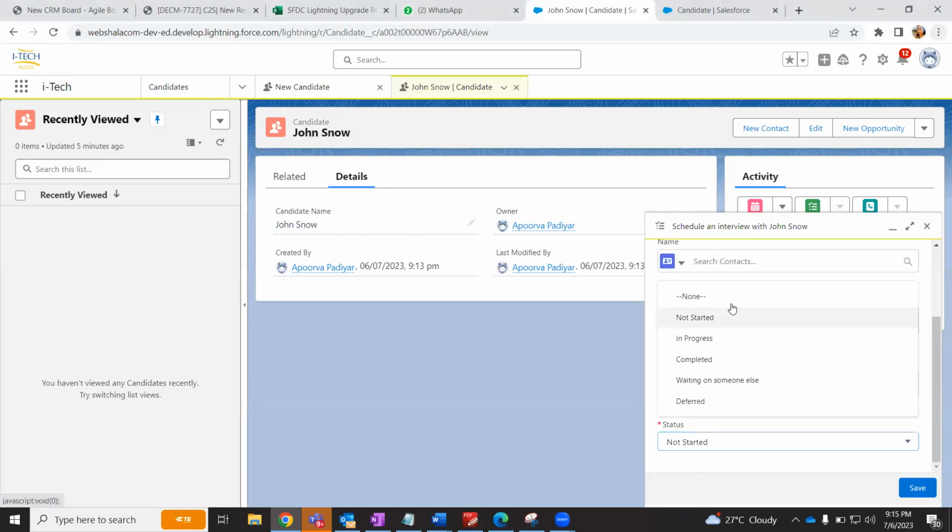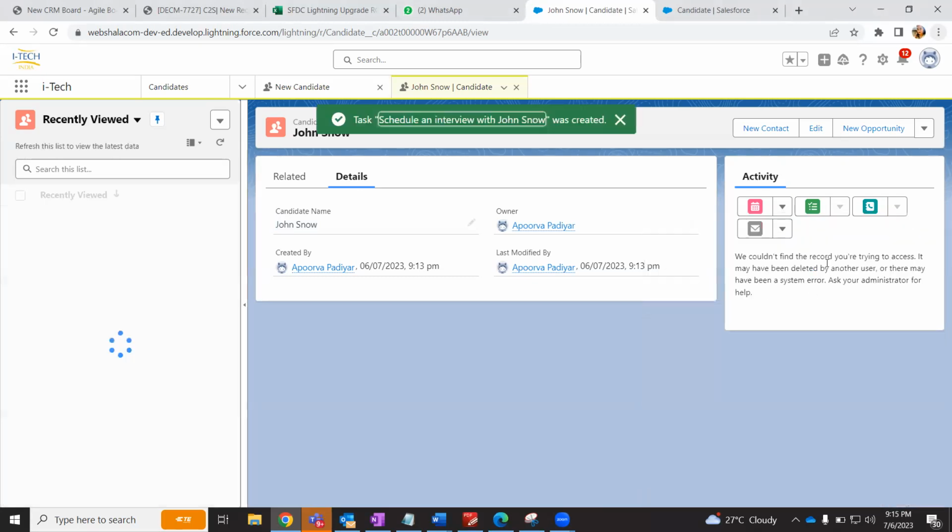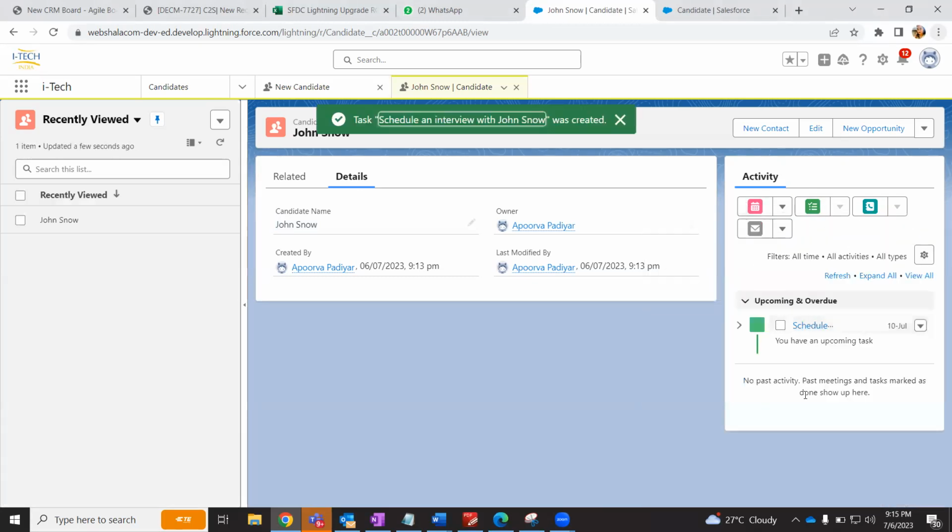And I can say status is in progress, I'm working on this now. And I save it. So I will keep getting snoozes till I complete this. If it becomes overdue, it will show me that it is overdue. If it is complete, it will show me as history. So this is what I can do